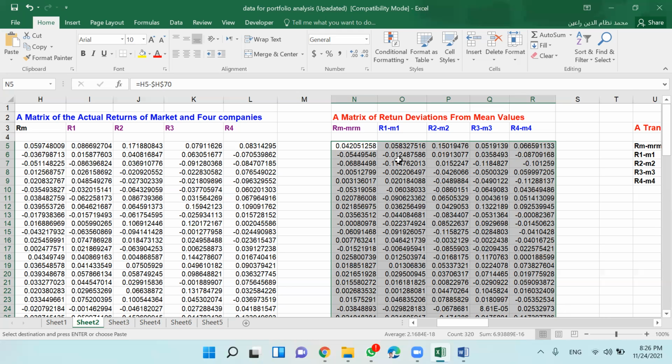Or if you want to say, this is small r matrix. And the dimension of this matrix is n by 4: n rows, 4 columns. Rows are 64, but columns are 4 only. You see, this matrix is not a square matrix, because it represents the number of observations on each security's return.